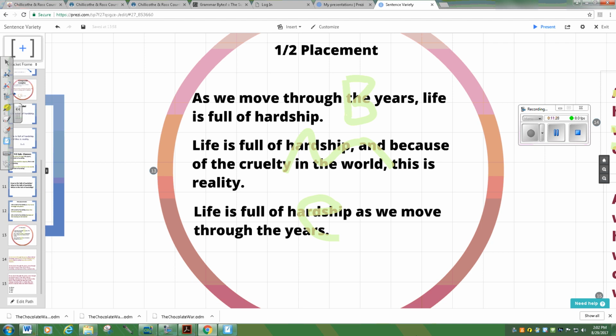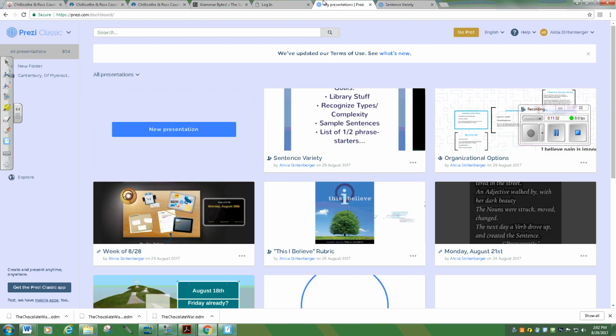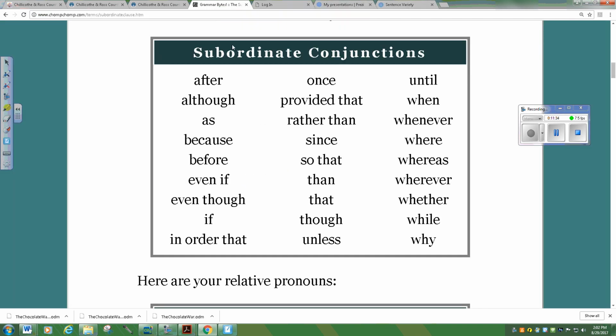I need for you to collect 10 subordinators. And we're going to talk about subordination here in just a second. Here's the list. Don't pick that whereas unless you're planning on using it next week. So pick 10 of these subordinators. Next week, if I